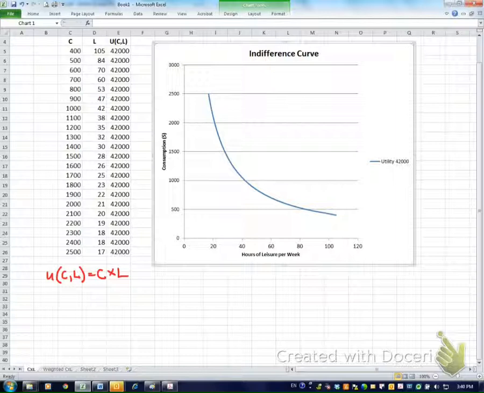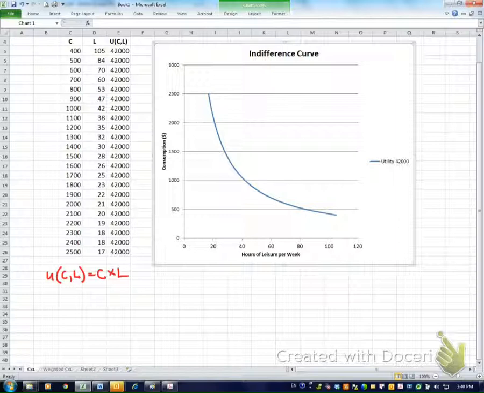It has some interesting properties. For example, as we'll see in later segments, the marginal utility of leisure depends very much on how many consumption dollars you have, and the marginal utility of consumption depends on how much leisure time you have with which to enjoy it. This is a function where we've weighted consumption and leisure equally, but you could have other utility functions where somebody had a strong preference for leisure, and we'd find a way to weight that more heavily in our